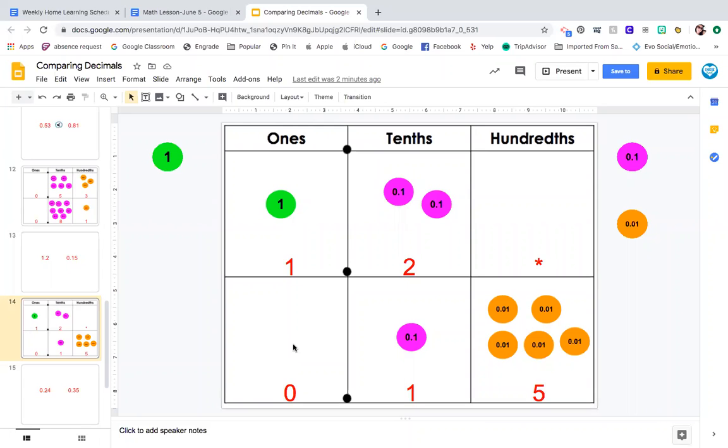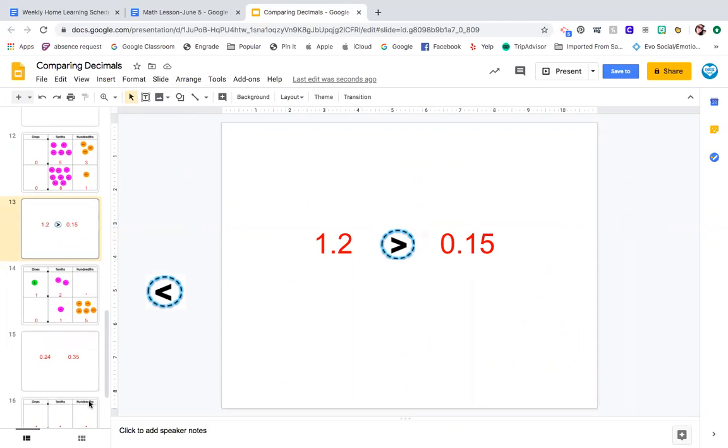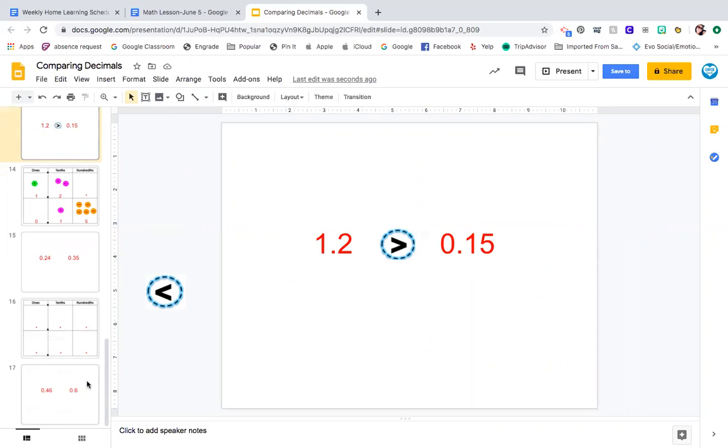That already tells me right away that 1 and 2 tenths is greater than 0 and 15 hundredths because of this ones place. I don't have to go any further to compare them because I can tell already based on this first place value. I'm going to go ahead and drag this greater than symbol in to show that 1 and 2 tenths is greater than 0 and 15 hundredths. All right, so